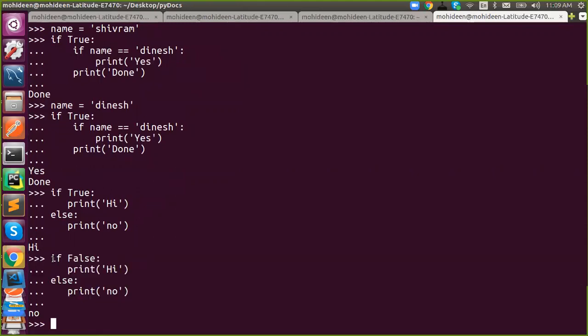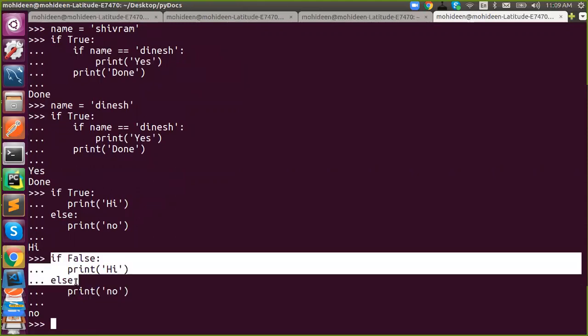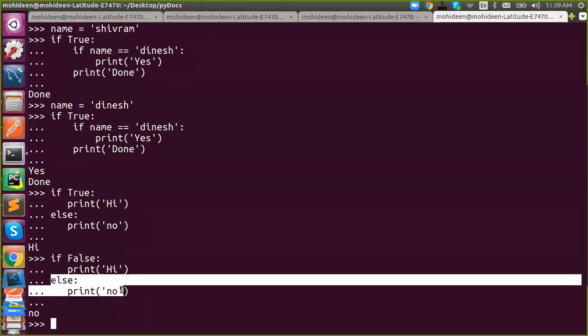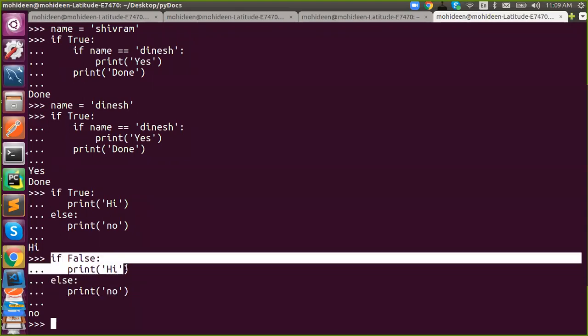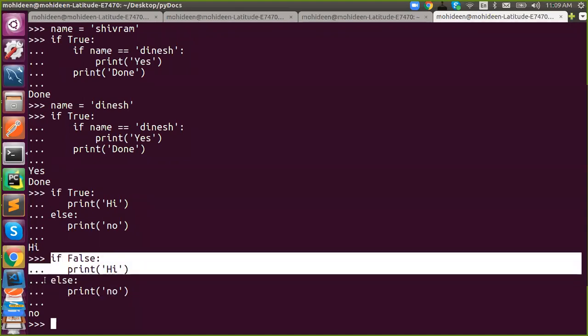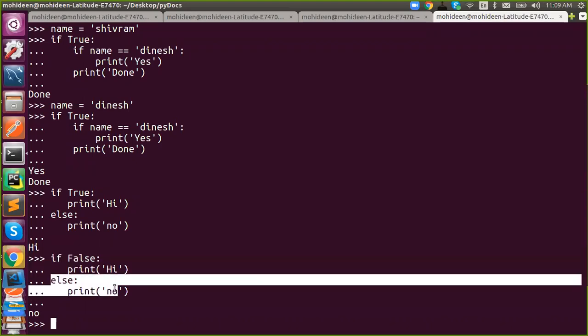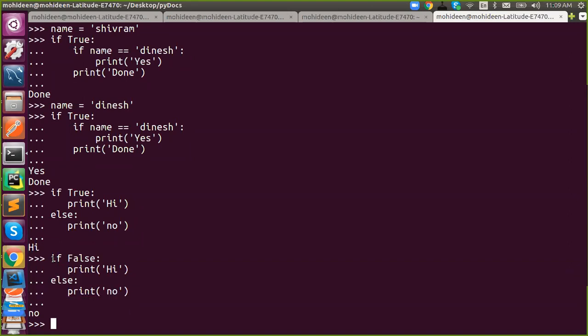We'll talk about if syntax and all. So else is not an individual block. Else is actually a block which belongs to if. You can say if can be individual, because else is a purely optional block for if. But if you want to use else, you must contain if.